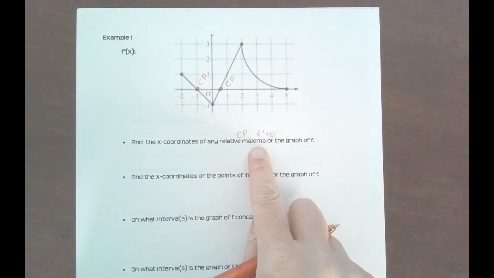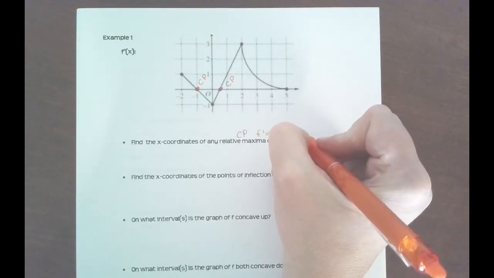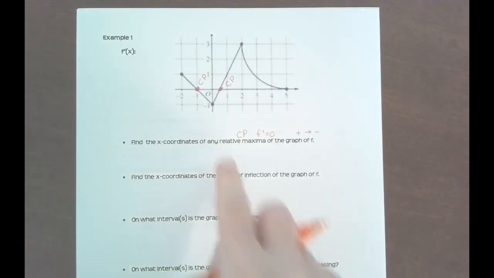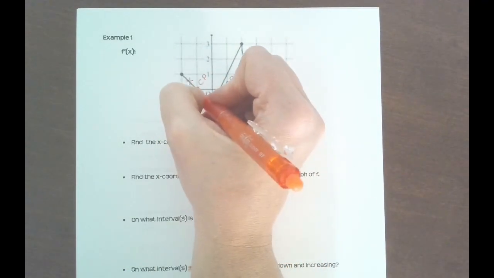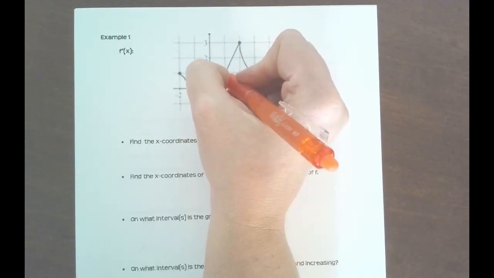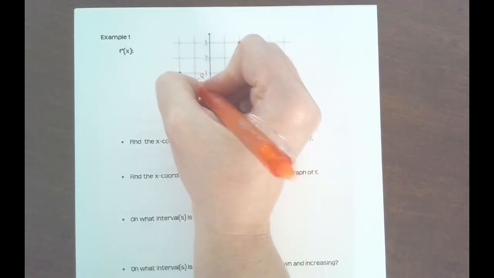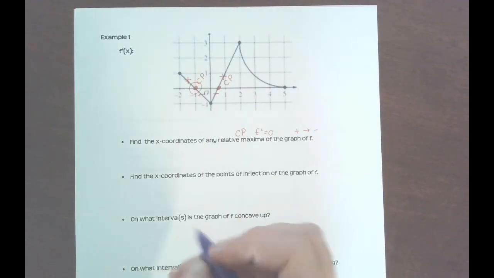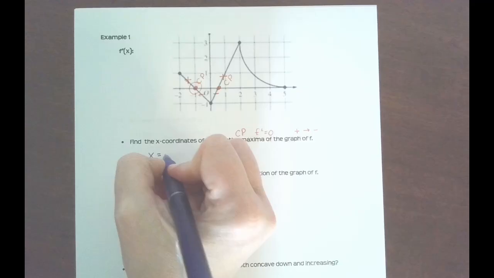Now, in order to be a maxima, it can't just be a critical point. We need that derivative to be changing from positive to negative, right? So if I look at this, here my derivative is positive. Here my derivative is negative. For this critical point, I've got a negative derivative and then a positive derivative. So this one, this critical point, is where my derivative is changing from positive to negative. So I would say I have a relative maxima at x equals -1